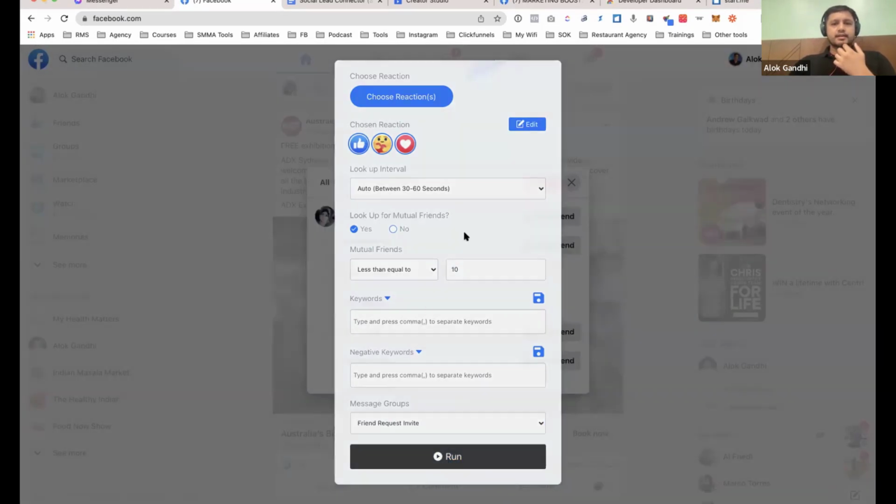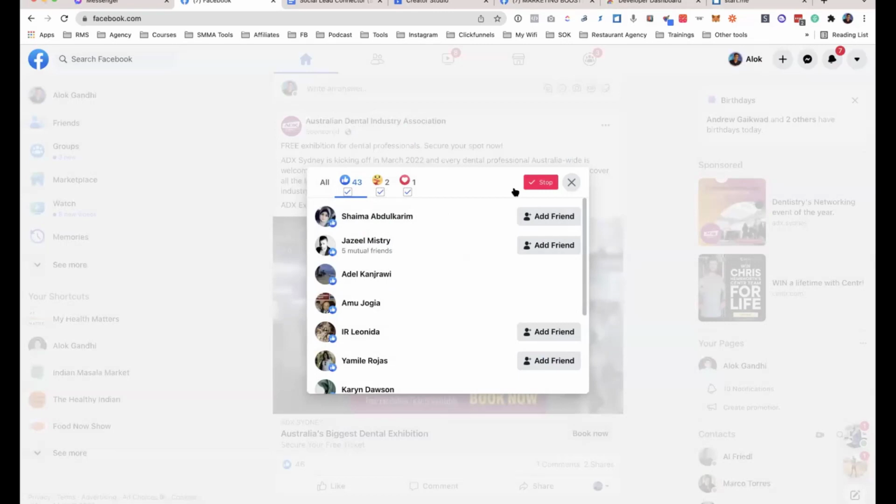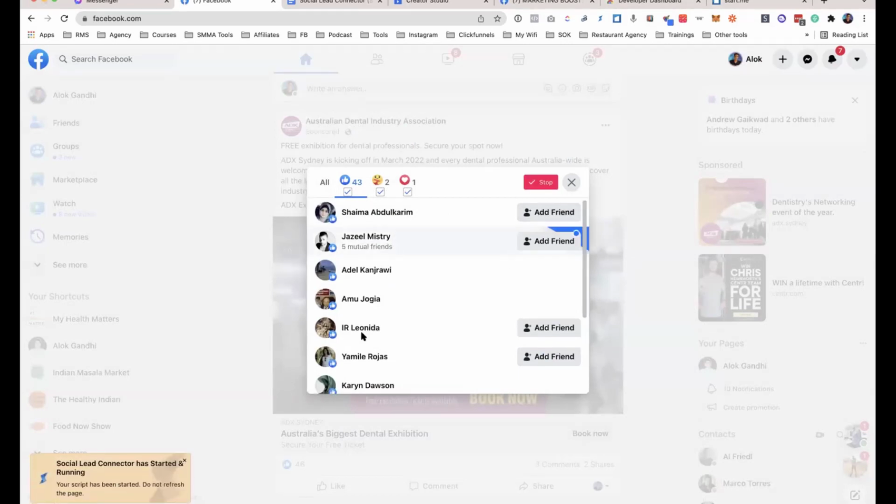And if I click run, so if it's the same campaign I already created, all I have to do is click run. Correct. Because I already created that, what do you call it? That group? Group, correct. So that is setting it up once in the settings, but once you've set it up, you can select it in different places. And just like this, see this, it's waiting for 30 to 60 seconds to add this person.